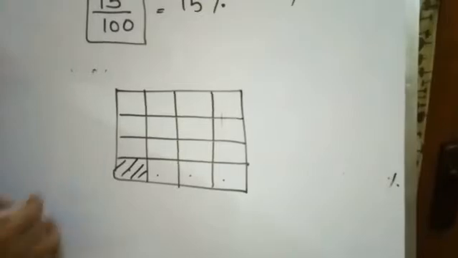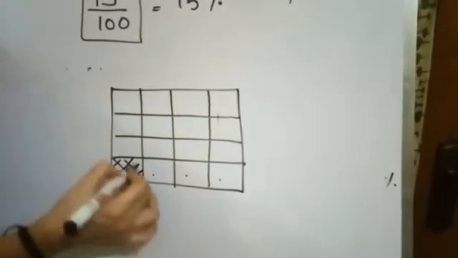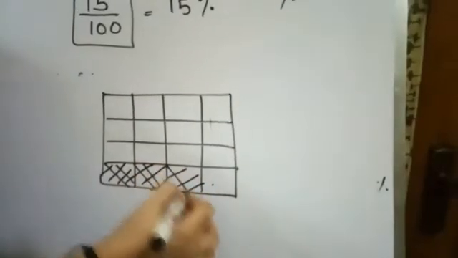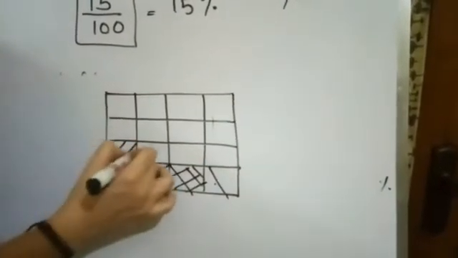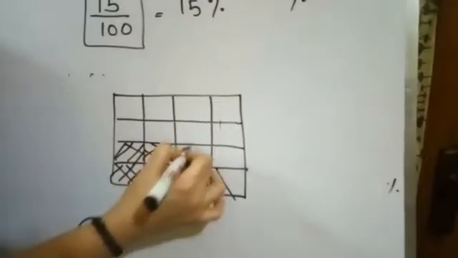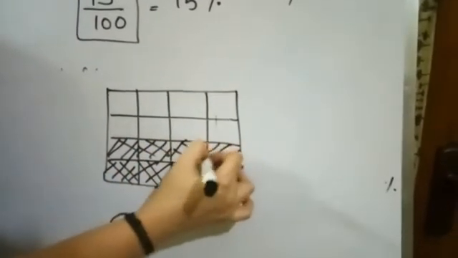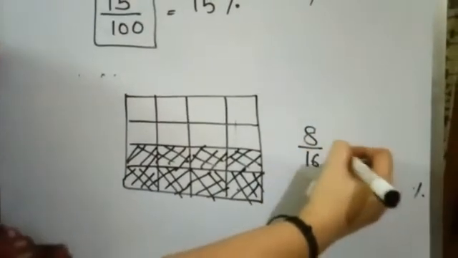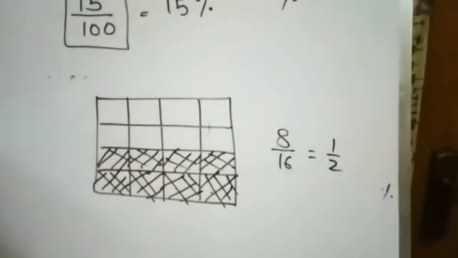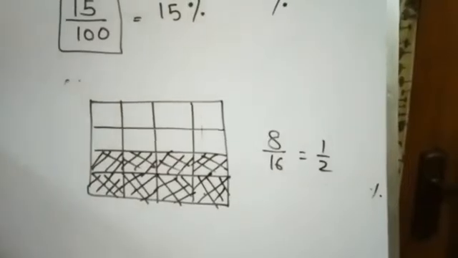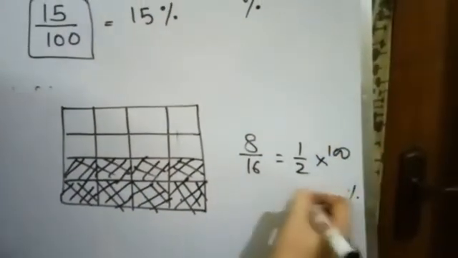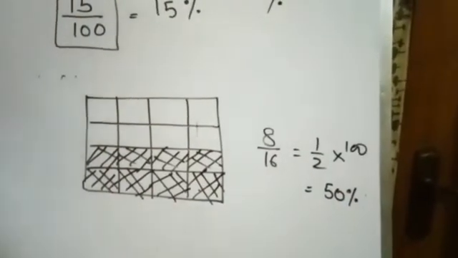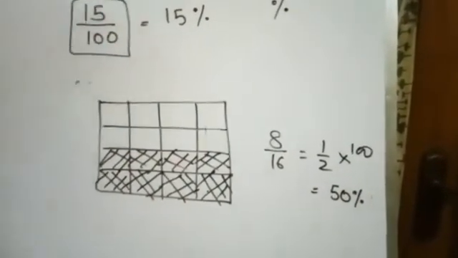Now, what percentage is it if you take only these 2 boxes, or these 4 boxes? I am taking 8 boxes. First we are going to take these 8 boxes out of the 16. You are taking half of this, 8 by 16. Now you have to convert this half into percent. You have to multiply it by 100. That is 50%. It means 50% of any object is half of that thing.